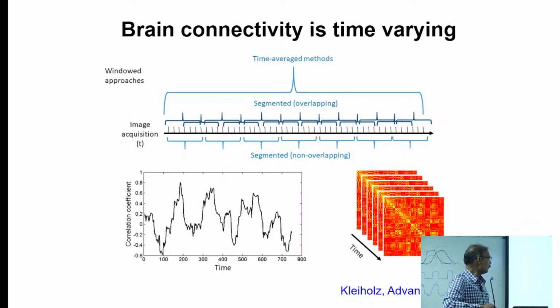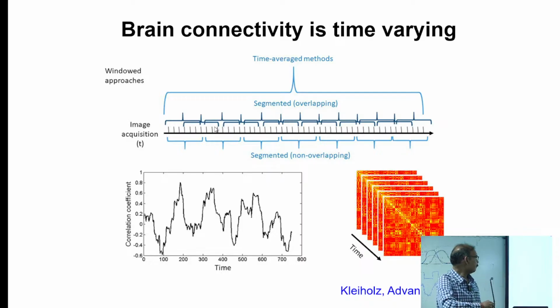So this is called segmented non-overlapping, right? So you can do that, and then you can find the values, and it will tell you how much variability there is in the data between two regions, right? The other option, maybe the more popular option, is that you take one window, then you have some overlap and go to the next one, keep the window the same, but shift it by a certain number of points, right?